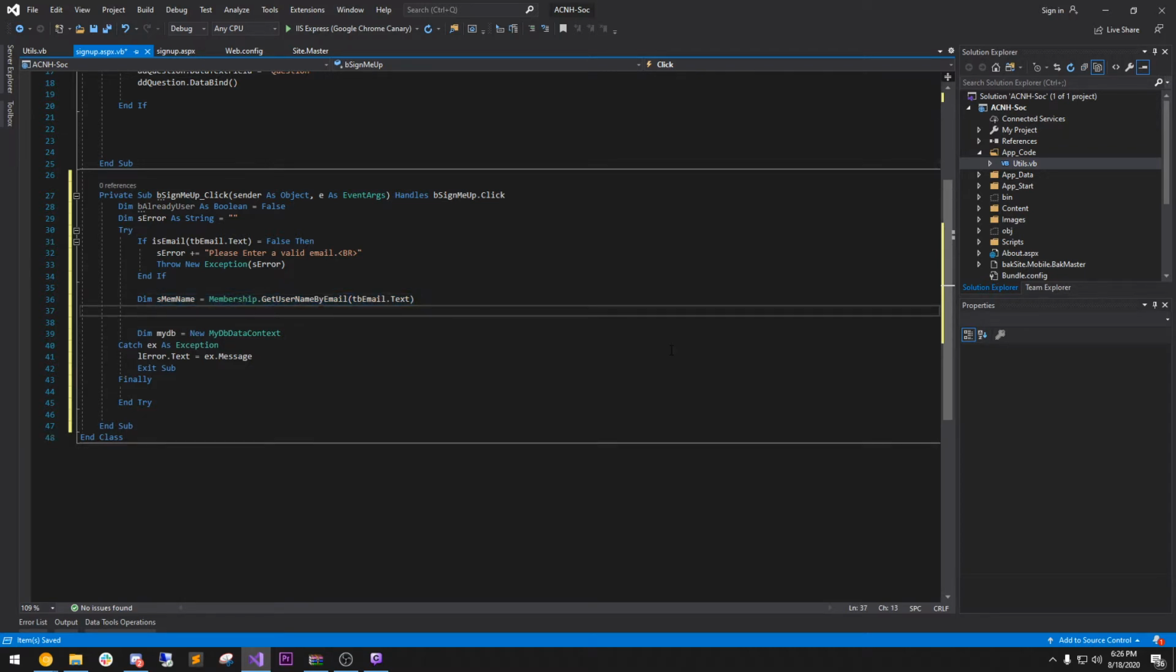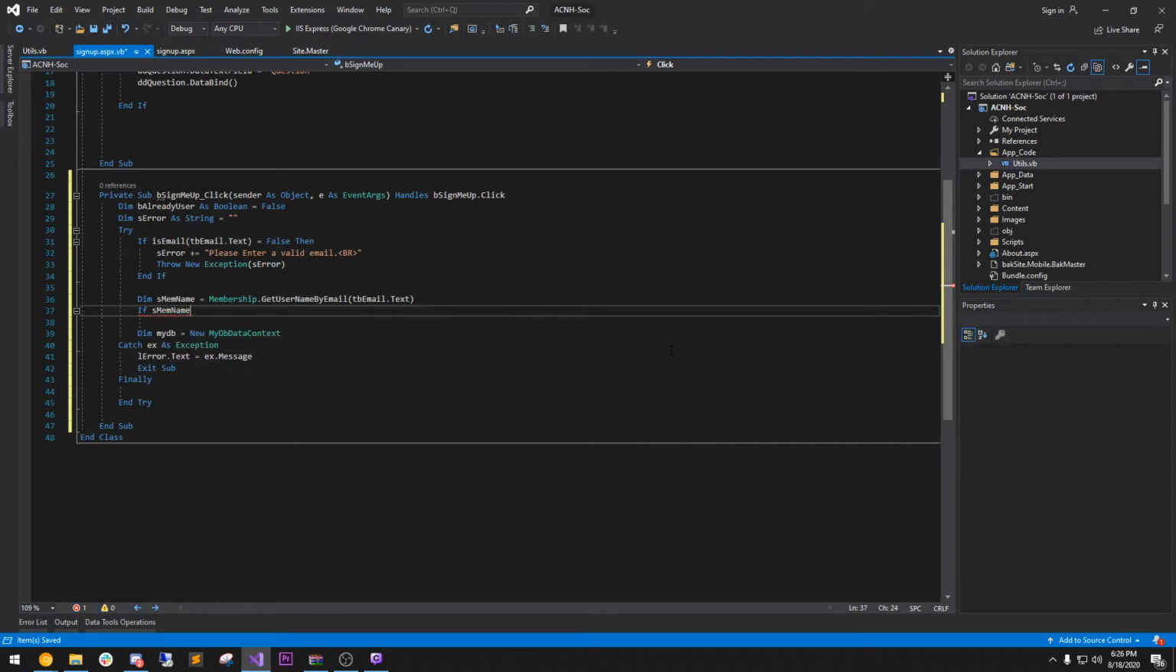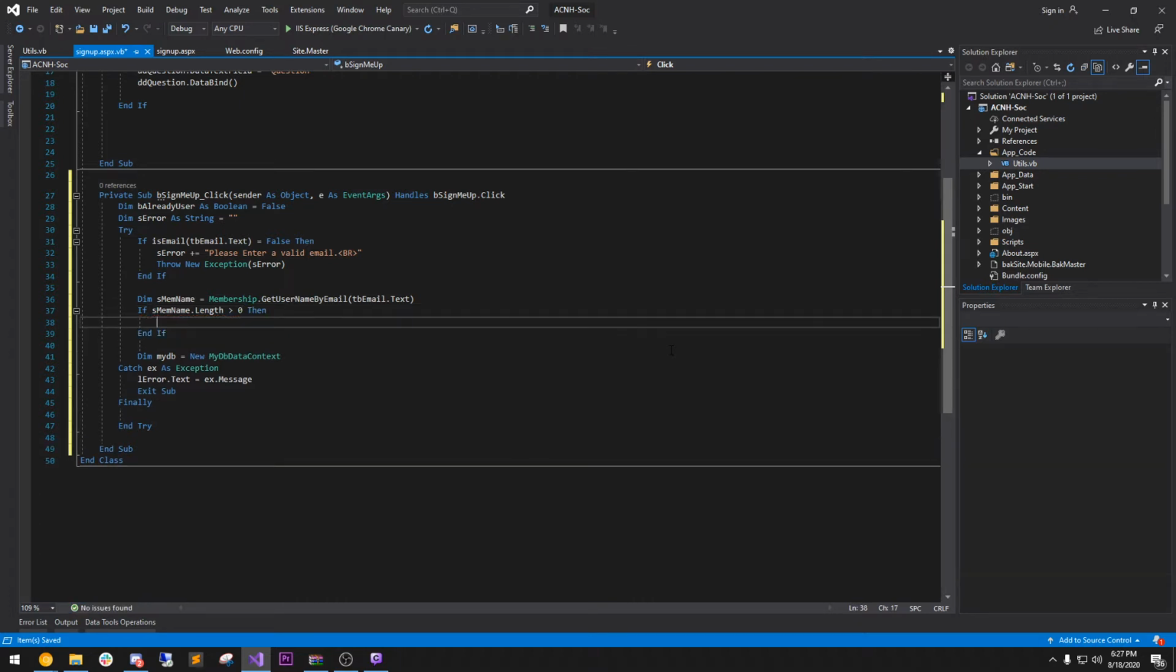So we're going to do if S member name, and we're pulling the username by the email. We're going to check to see if it's greater than 0. Because if the member doesn't exist, this member name should not equal anything. It should be completely blank, 0 characters, out the door. So if it's greater than that,